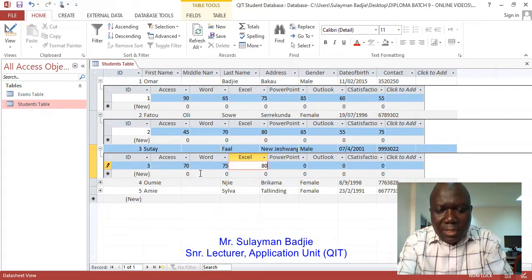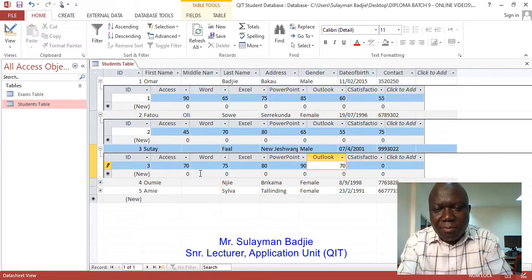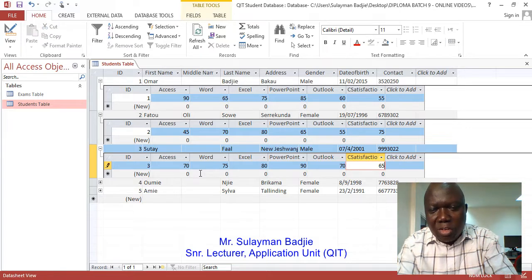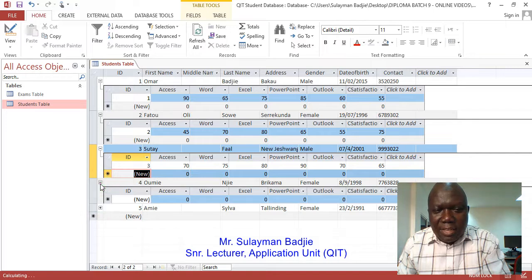Excel, he scored 80. PowerPoint, he scored 90. He scored Outlook 70 again. In customer satisfaction, he scored 65. So you can see that this is the data for Sute.